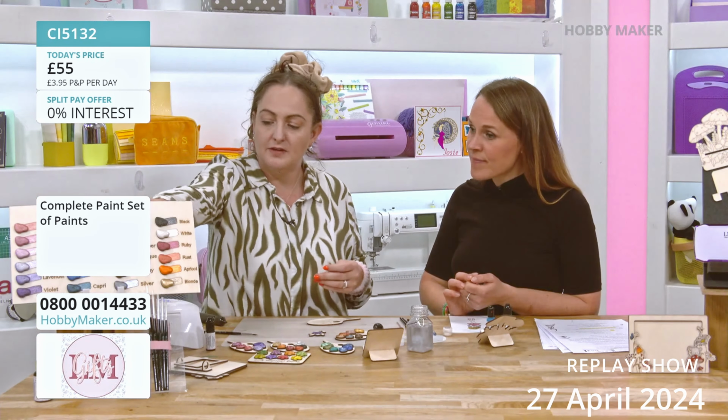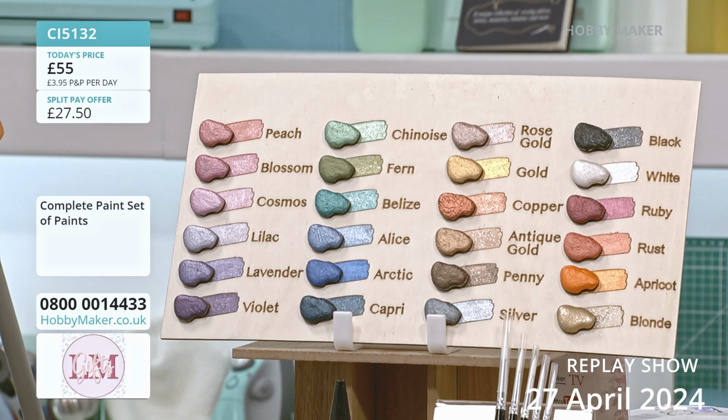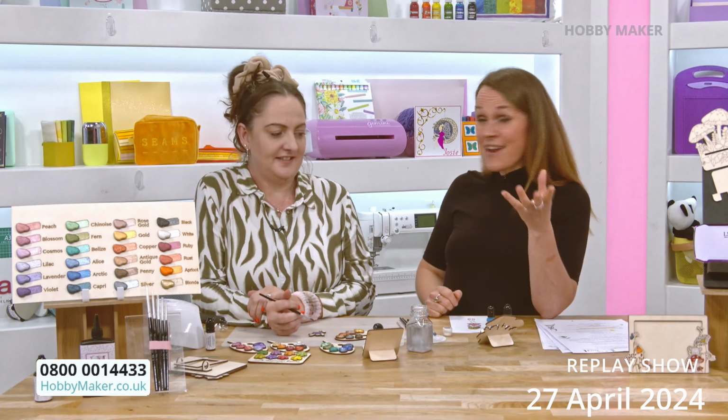This is just gorgeous. You know, look at it. You're getting 4 of your paint palettes, and then all of those individual handmade, very high pigment, beautiful metallic paints. They are stunning. So this is the complete collection. The other way you can shop, if you'd like to, is with a pick and mix. And I love this. This is great, because you can